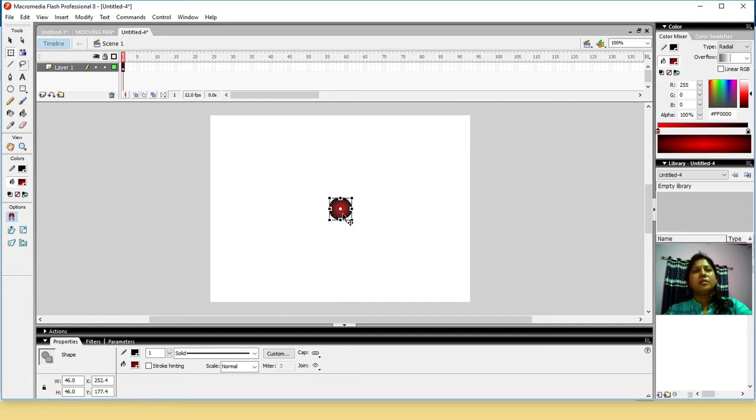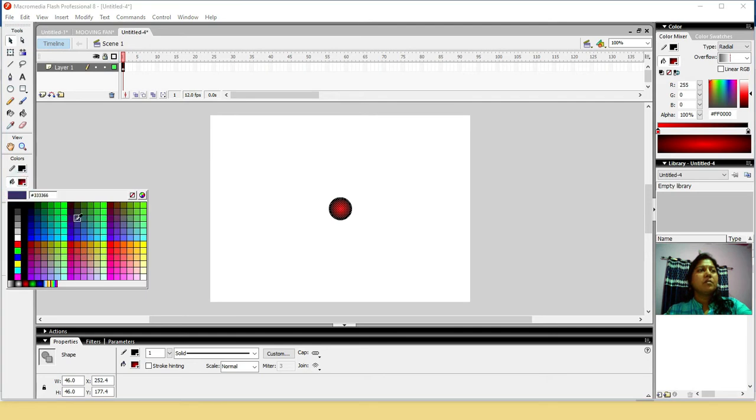Okay. Now after pasting, it asks you to draw 4 blades. Now click on the selection tool. Change the color of the blade.